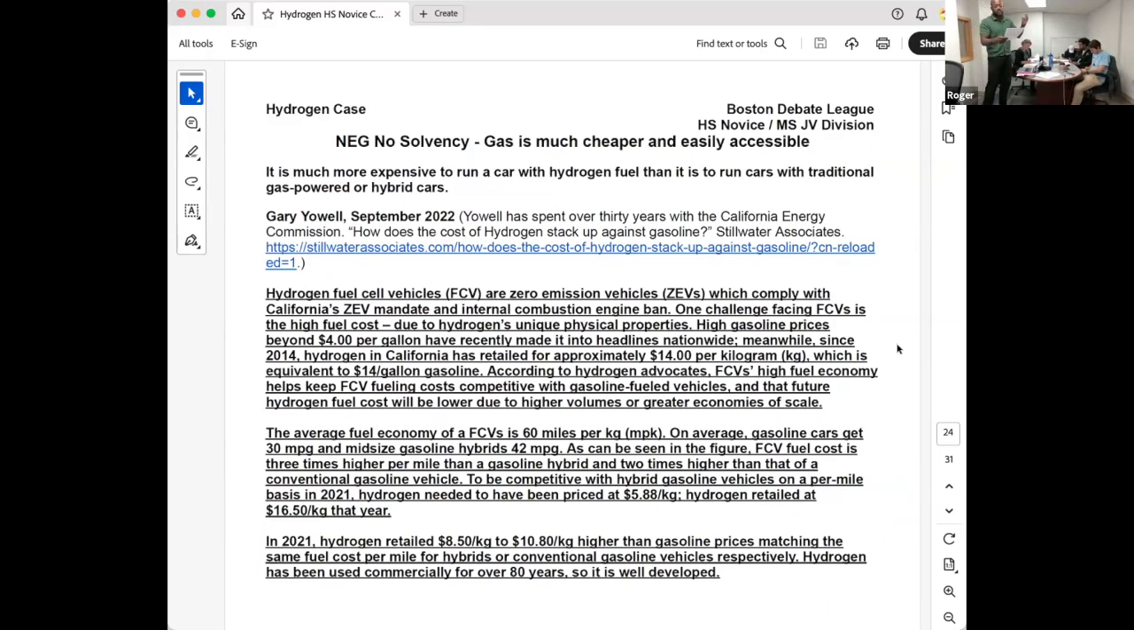Hydrogen fuel cell vehicles are zero-emission vehicles, which comply with California's ZEV mandate. However, if you look at the cost per hydrogen, it's like $16 versus like $3 for gas. My last point here,